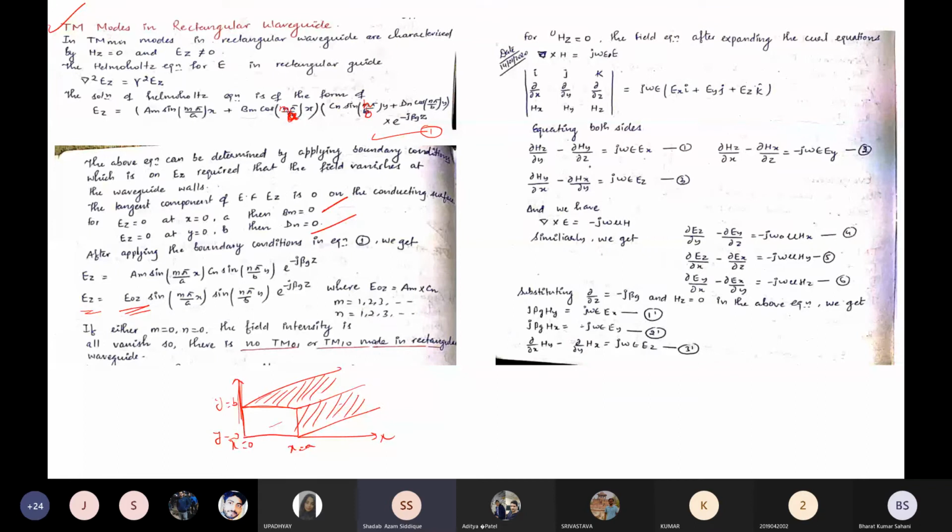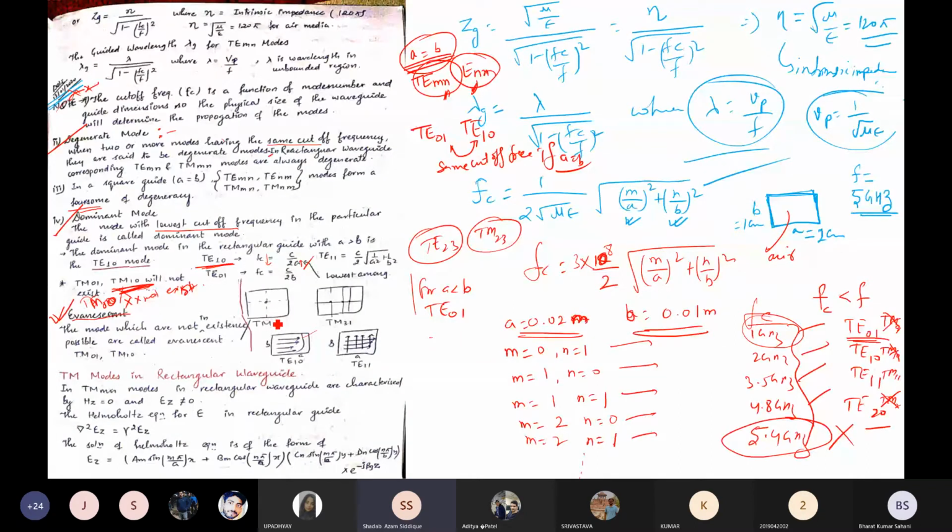We have seen graphically that for TM mode it cannot be 0 0. If we do not take any point, that means this side is 0 and this side is 0. So 0 0 means there is no wave at all, the wave is not propagating. If you take one dot, or suppose a coaxial cable which is threaded here, you need to take the mode number which exists in the waveguide. If you check from this side, you will get 1. If you check from this side, you will get 1. So 1 1 is the minimum, 1 1 1 exists. So m is equal to 1 and n equal to 1. This is graphically represented.